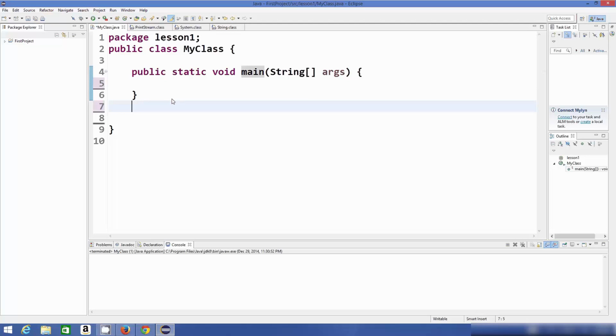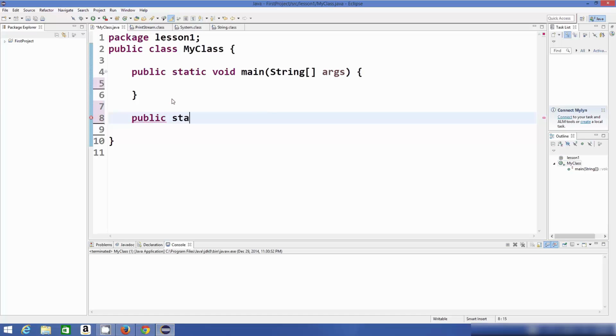So first of all, let's see what is the basic syntax of a method. We first give the access specifier to our method, which is public, like this, and then static. Don't worry about public and static, because we will see these keywords in detail in later videos whenever we see how to use classes. But then starts the return value, which is part of the method, and then comes the name of the method. For example, my